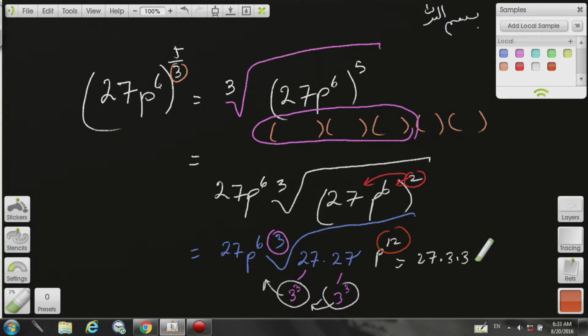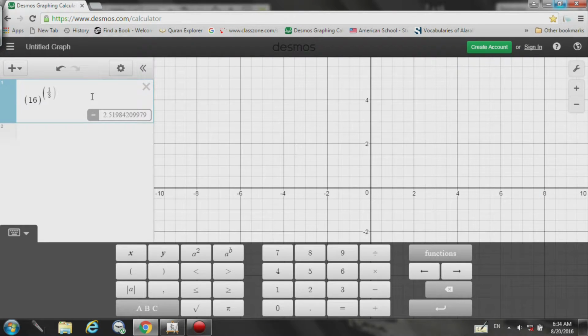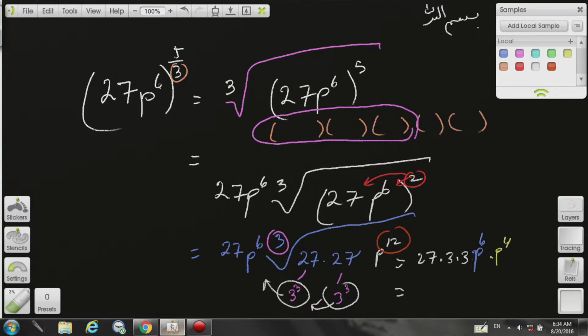Okay? I can take that out, just write this as p to the 6th. And I can take that out as p to the 4th, right? Because 4 times 3 is 12. So this becomes 27 times 9, which is what? 27 times 9, 243. And then this simplifies to p to the 10th. Okay? So this is how you simplify